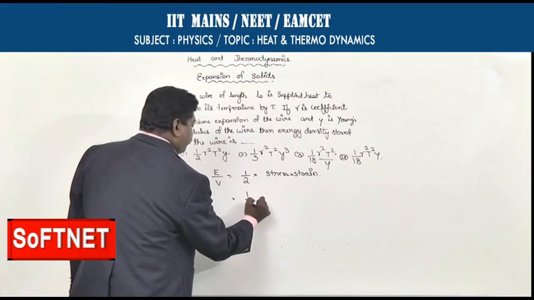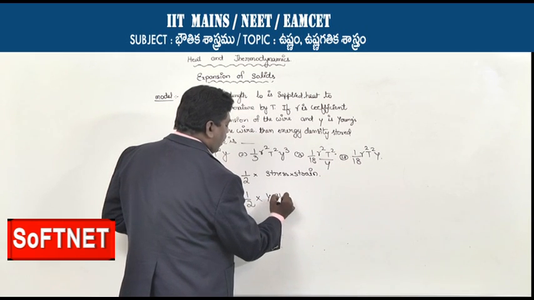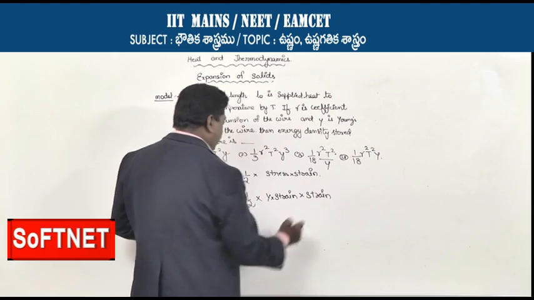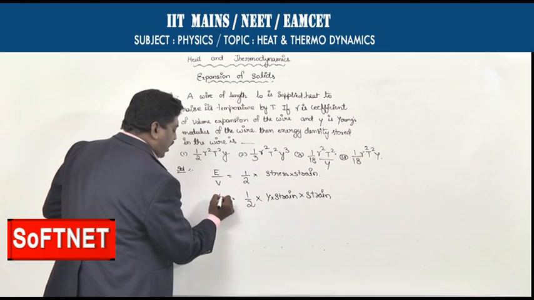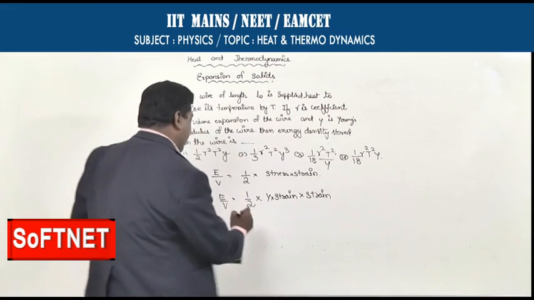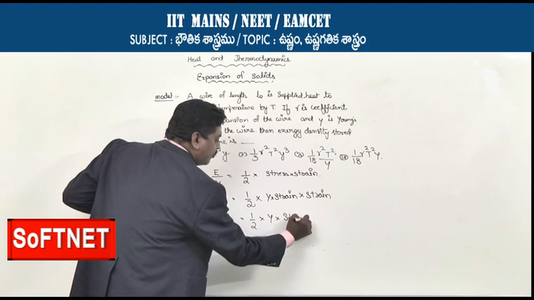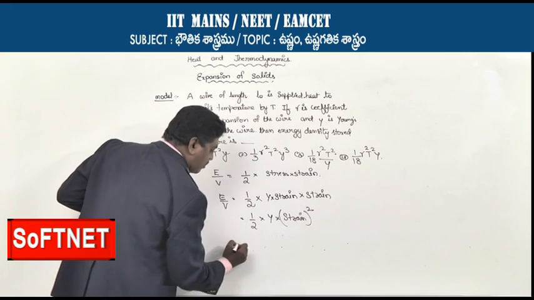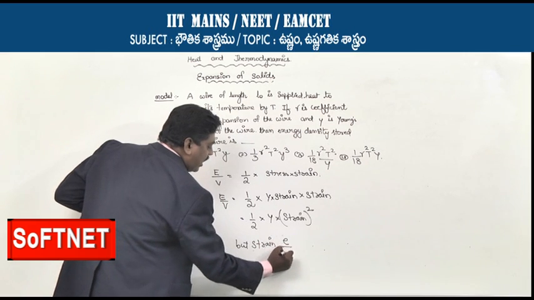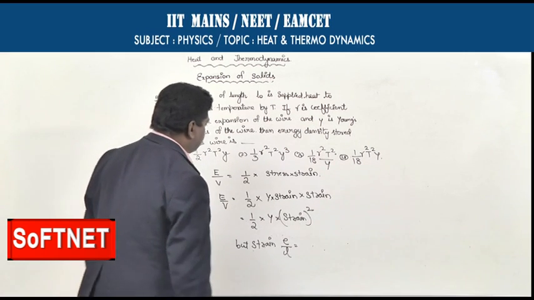But here stress can be written as Y into strain. So we are having energy density E by V equals half into Y into strain, which can be written as half into Y into strain square. But strain equals E by L, and E by L is given as